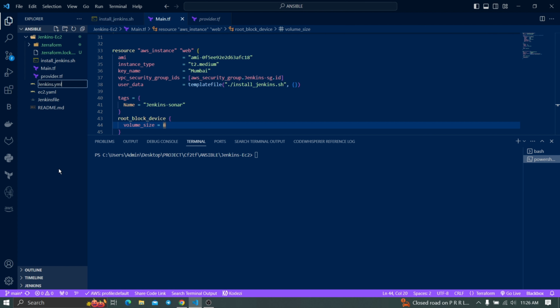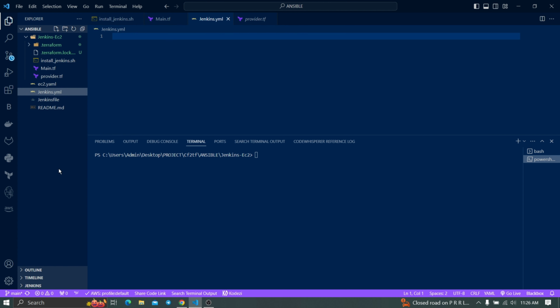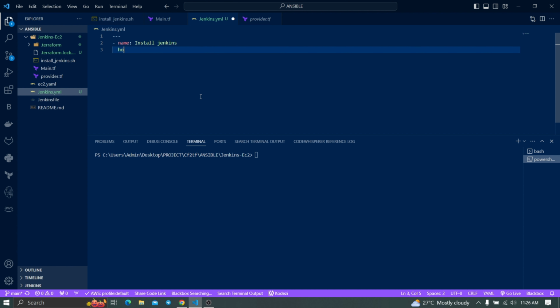Ansible playbooks use the YAML format. So enter, and you can see this is jenkins.yml. We are going to write the playbook. We always need to start the Ansible playbook with the triple dashes and enter, and you need to provide the name. You can provide anything here, so I'm just going with install Jenkins, enter, and next we need to provide the hosts, and for the